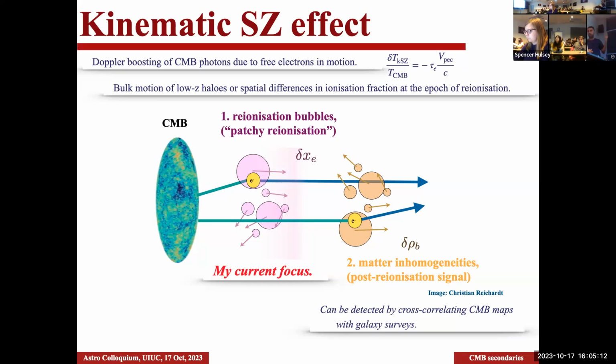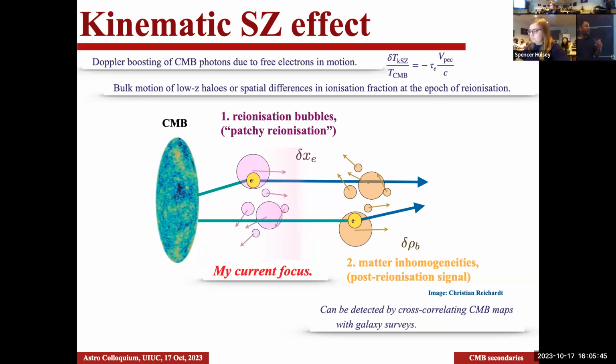This can be due to two things. We have the CMB here, and we are looking from the right side. At the very high redshift universe, when stars started to form. I said before that the universe was very hot and opaque initially, and then it became neutral around recombination. But later, as stars formed, the universe started to ionize again. We call it the period of reionization. So at the time of reionization, we have free electrons again. That gave rise to this